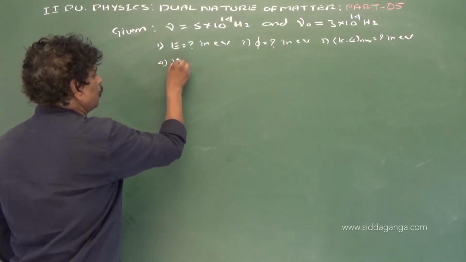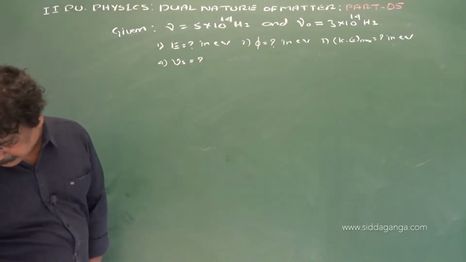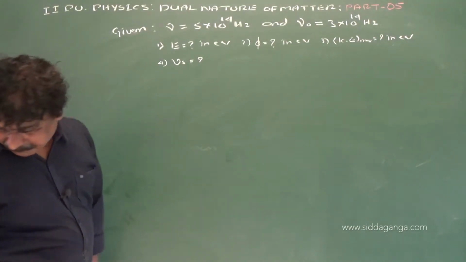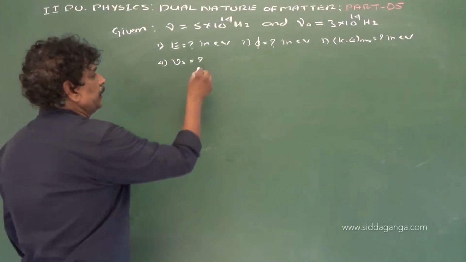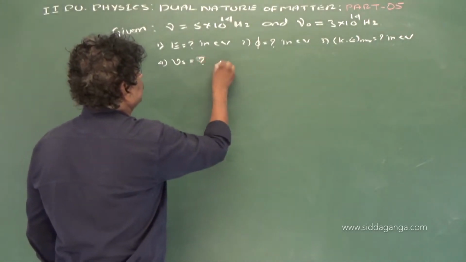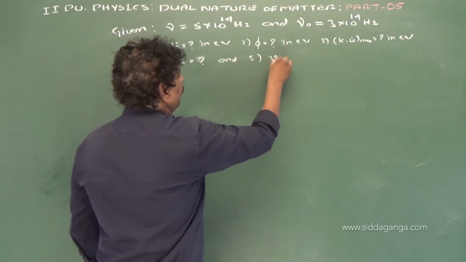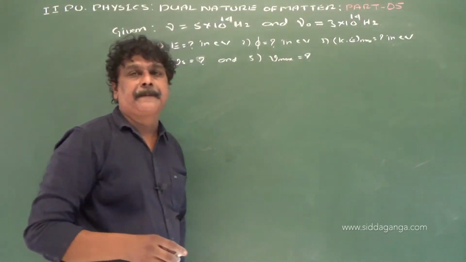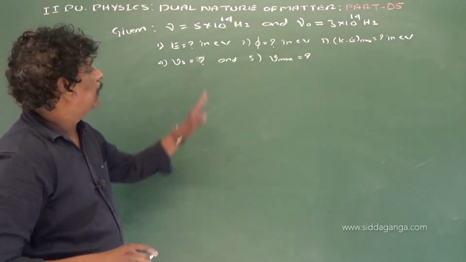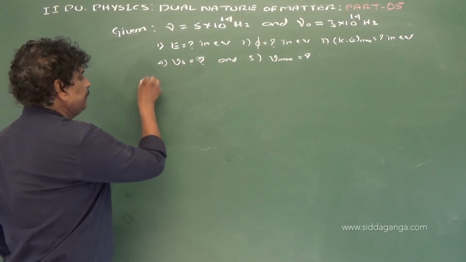Fourth one, stopping potential Vs is equal to what? And fifth one, maximum velocity of the emitted electron is equal to what? Right. Now, for the first one,